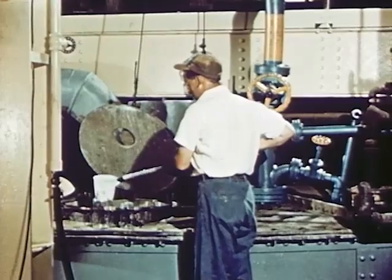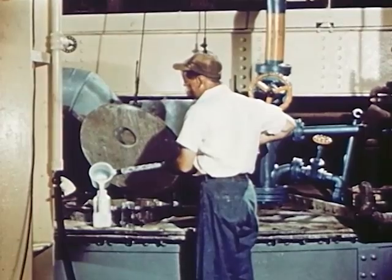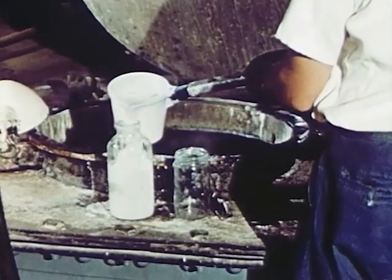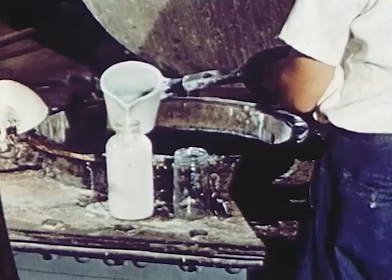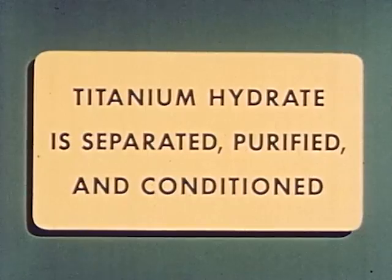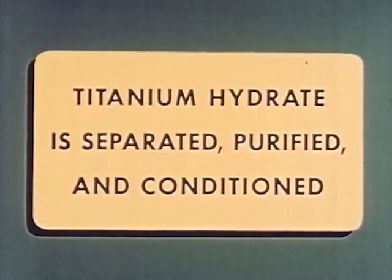On the vast scale required for continuous volume production, it takes several hours for the white titanium hydrate to be fully precipitated from the dark solution. Throughout, samples are taken and sent to the control laboratory to check the progress of the precipitations from a large battery of tanks. Whether of the composite type or pure, the titanium hydrate is next separated through filtering, purified by